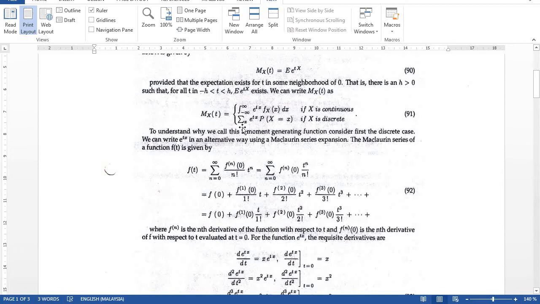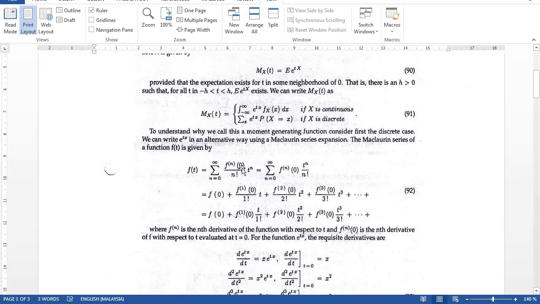So we take the example of the discrete case. How do we get this formula? Actually, to prove the moment generating function, we have to apply the so-called Maclaurin series. The Maclaurin series takes the following form. It is an expansion of the function ft